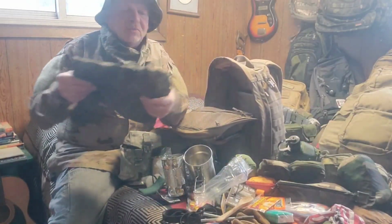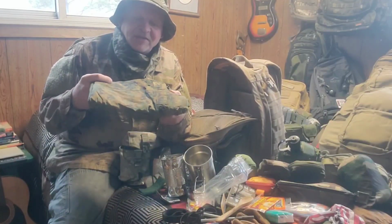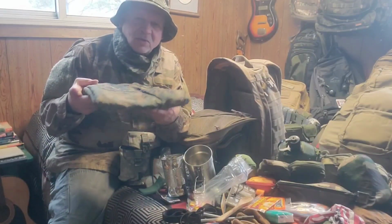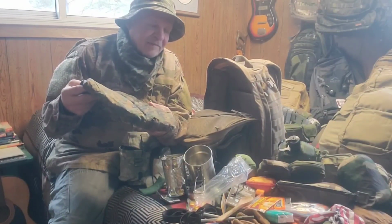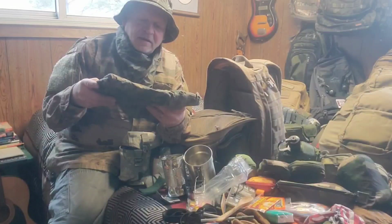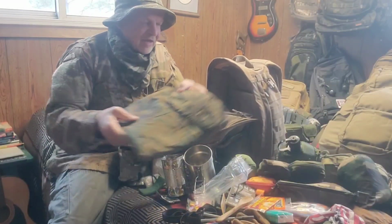This is a military surplus U.S. Marine tarp that my wife got me. I think it's a 7x8, so it's not real big, but it's big enough to go over my tarp, my poncho, or my hammock. And yeah, she got me that in Pueblo, Colorado, so I really like that one. I like to have that one in my pack